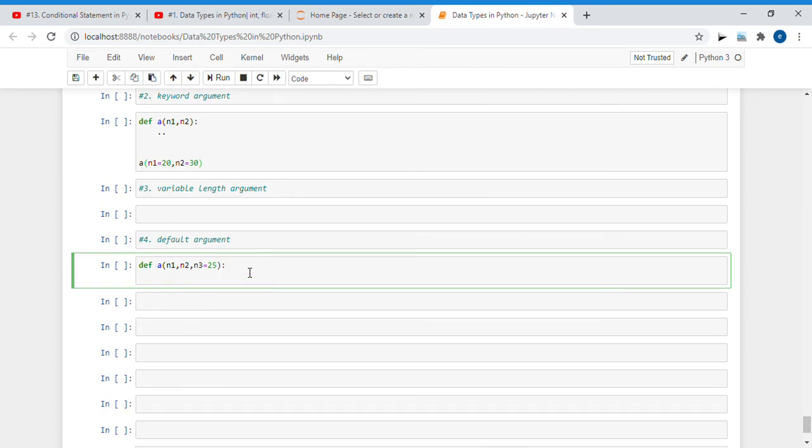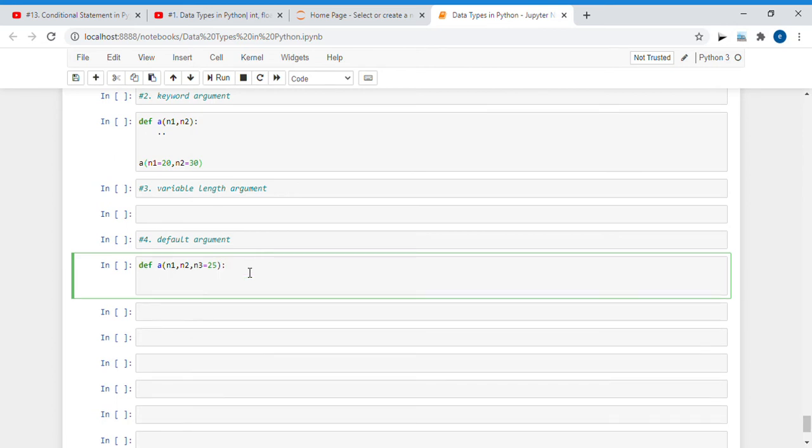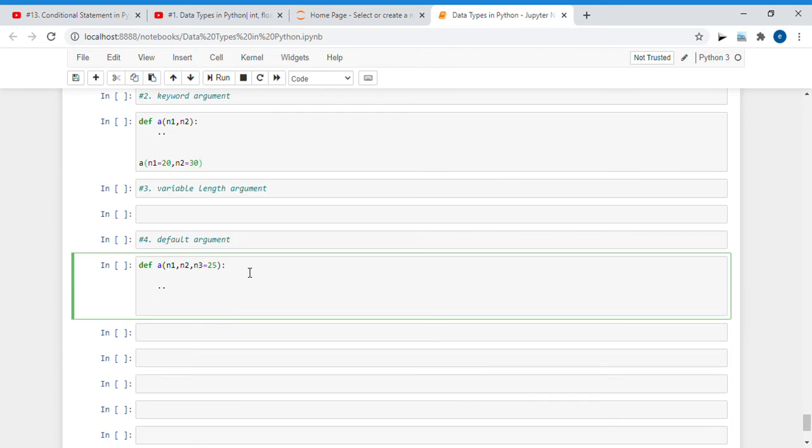While calling this function, suppose I write any code inside. There is no need to provide the value of n3. I just have to provide the values for n1 and n2 and it will take the default value of n3. If I write n3 also, or just write the value, it is also fine. So this is the default argument. In this type of argument, we specify the value of the particular argument while creating the function itself.